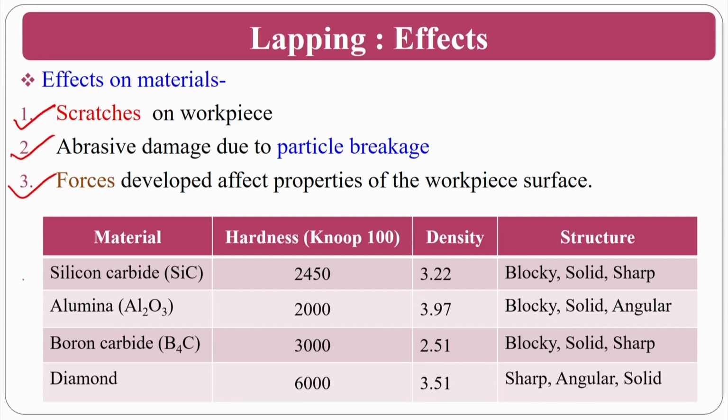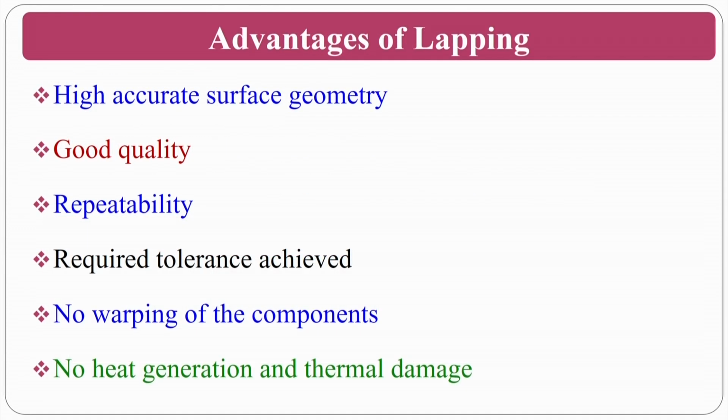The materials are silicon carbide, alumina, boron carbide, and diamond; these are their hardness values and densities. Normally, these are the structures. These are the abrasive particles commonly used for finishing with the lapping process. The advantages of lapping are a high accuracy surface finish; you can achieve nano surface roughnesses, nanometers,